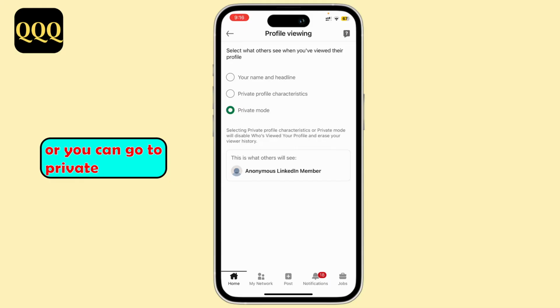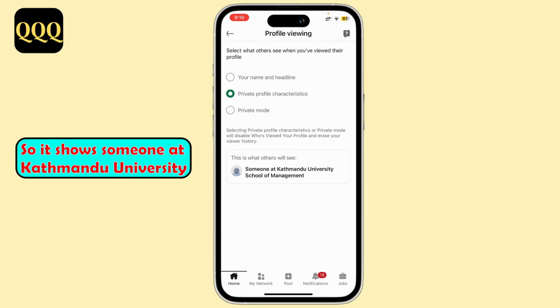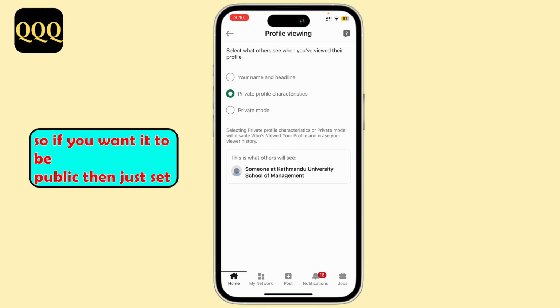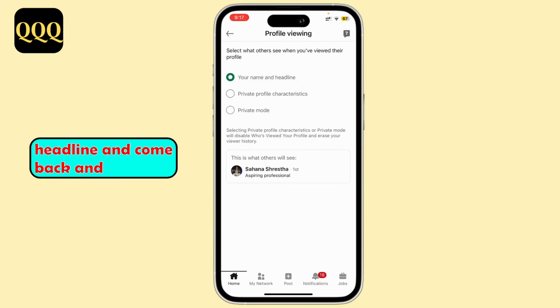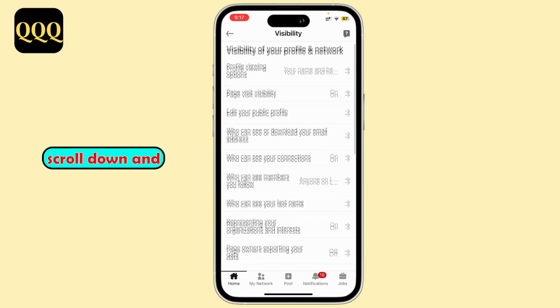Or you can go to private profile characteristics. So it shows someone at Kathmandu University. So if you want it to be public, then just set it to your name and headline and come back and scroll down,